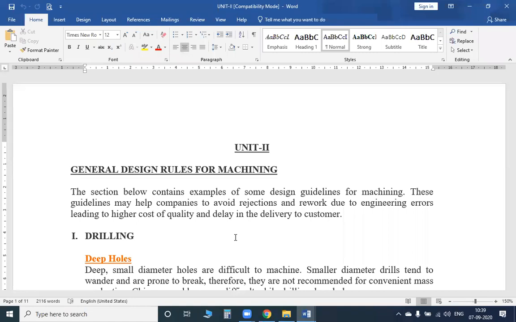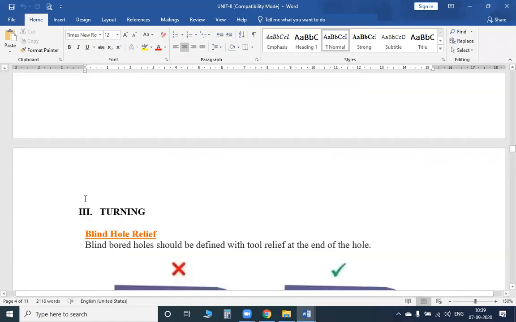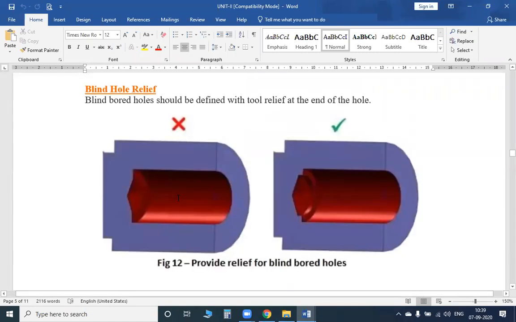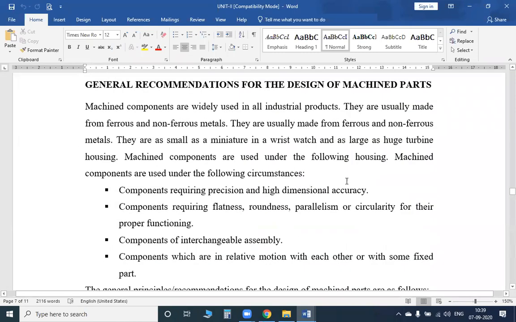Okay, so the next point: these are the different examples. So don't worry students, I will send you this file so you can see. No need to write any other thing. So one more thing students, in the first class what did we study, we had seen the different types of machining